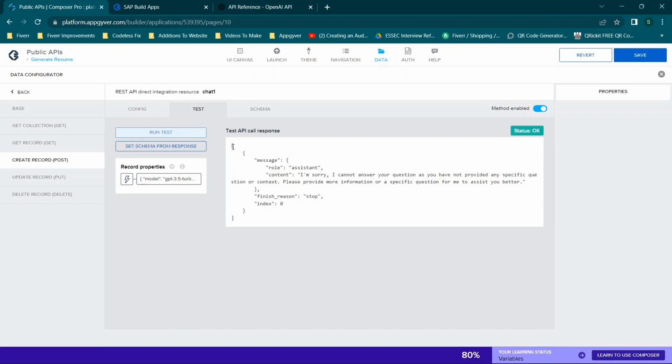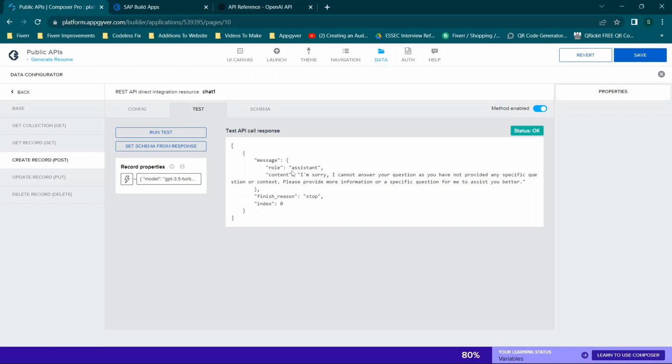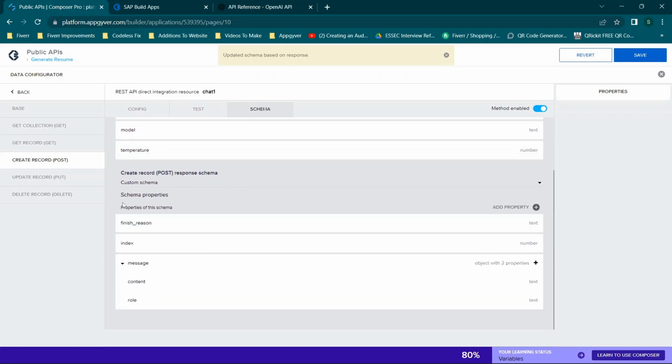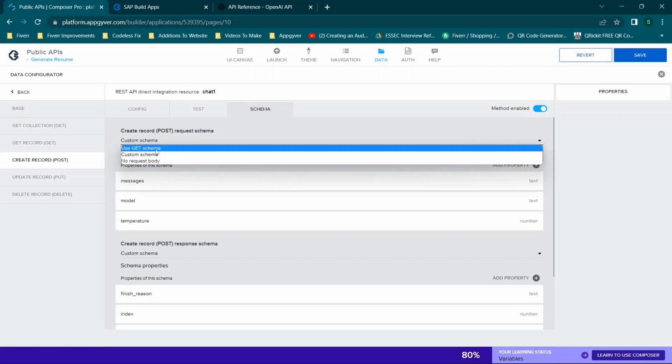Once this comes back, you'll see we only get what's in brackets in the choices tab, which is going to make it much easier for us to work with this data, because this is all that we really want in content here. So we're going to click Set Schema from Response. What it's doing is setting this schema down here, basically saying, here's what each of these are. So now when we go to our schema tab up top, yours will likely be set to use get schema